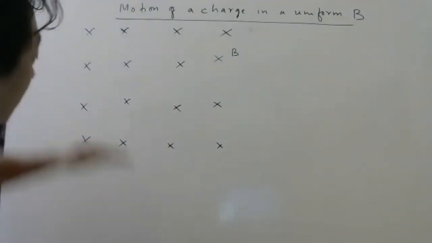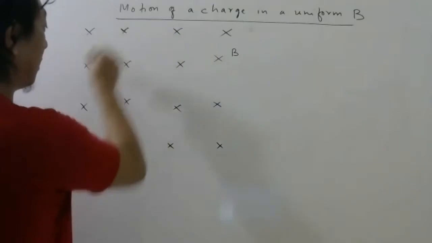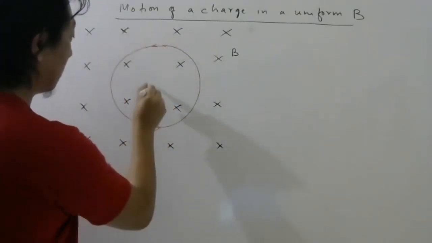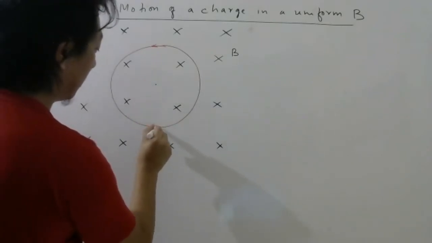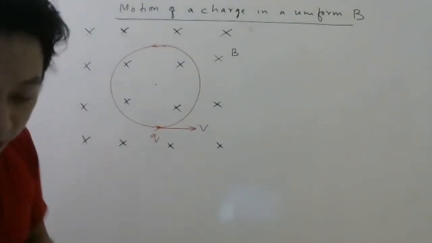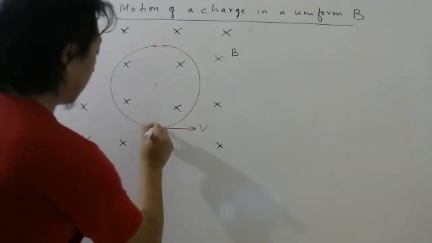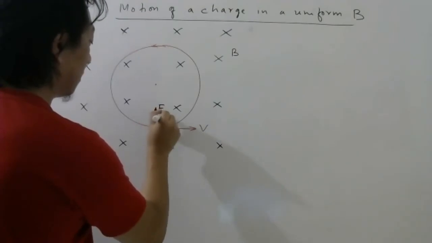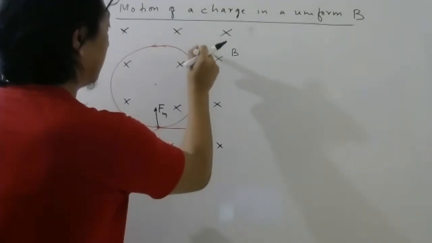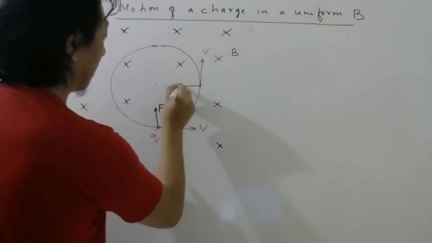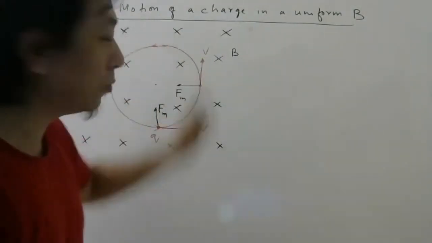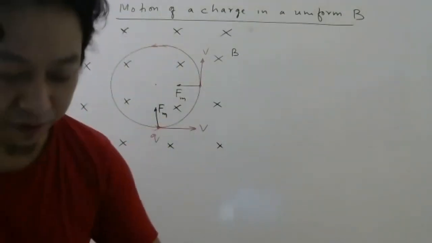Then, if a charge enters like this, it will start moving in a circle like this. Okay? So the charge is entering like this with velocity v, charge q. And when it is here, that time the magnetic force was here. Similarly, when the charge reaches here, velocity will be like this, magnetic force will be like this. So that you don't have to do everywhere. In two places if you do, or one place also, it is enough.